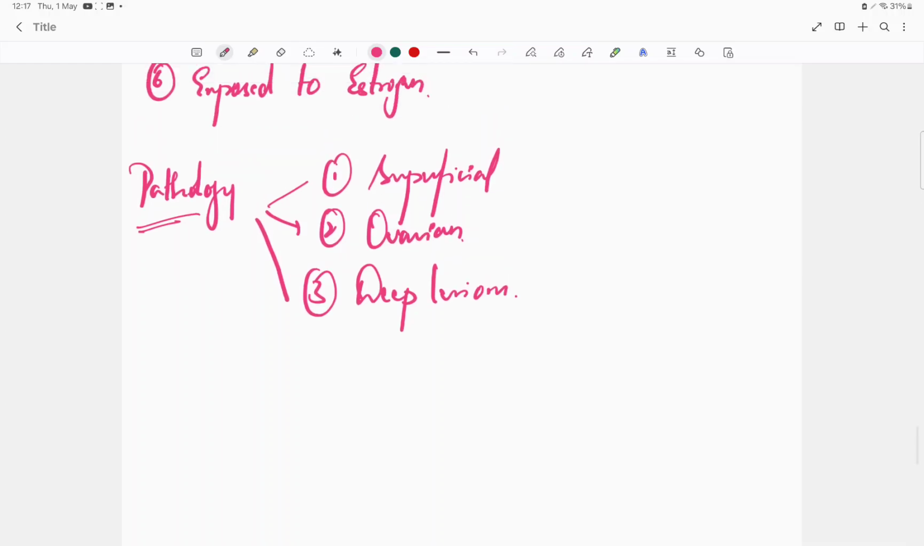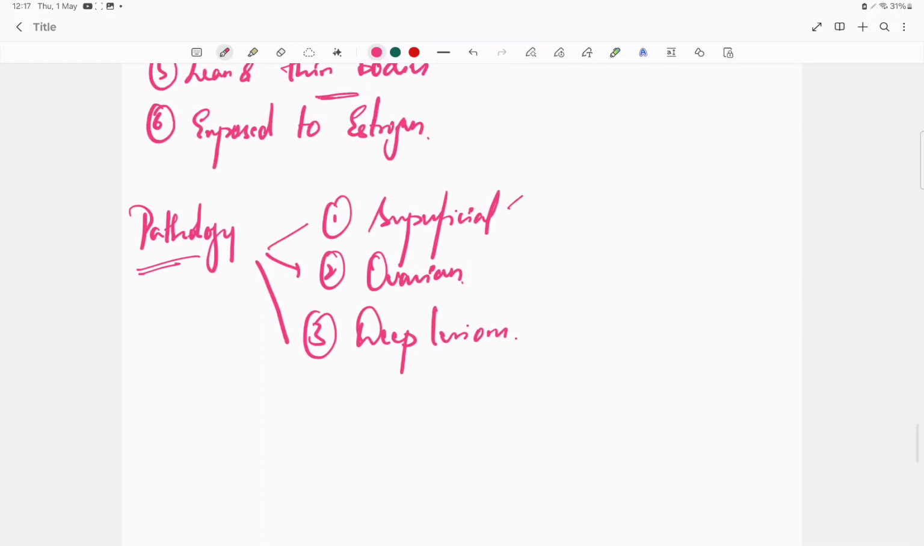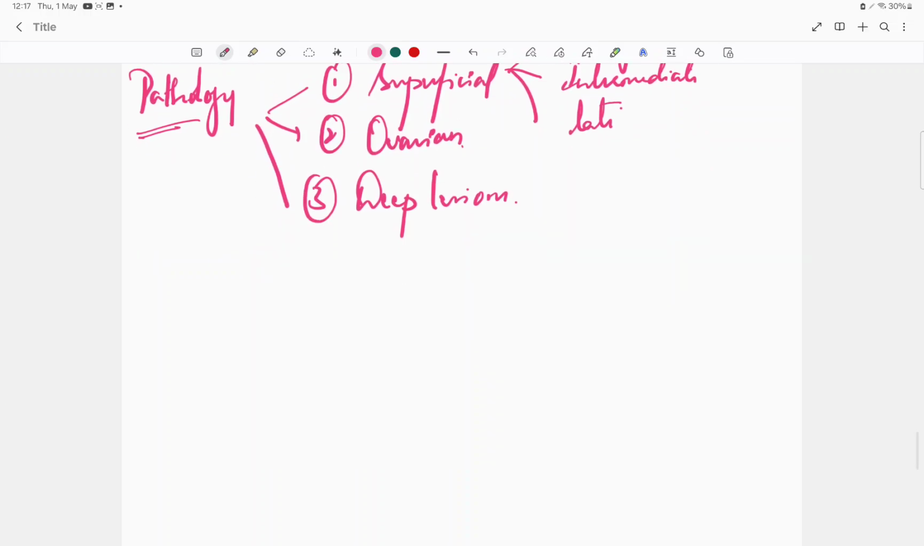Okay, in superficial we also have early, intermediate, and late. So these are the types of lesions that you see. See, I'll tell you the basic pathology. You think this is